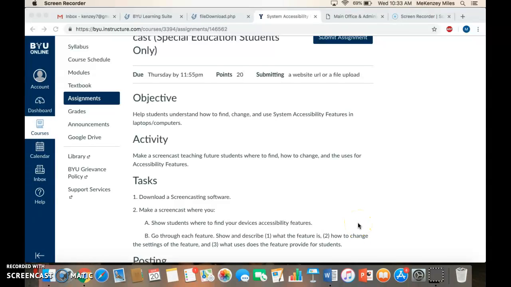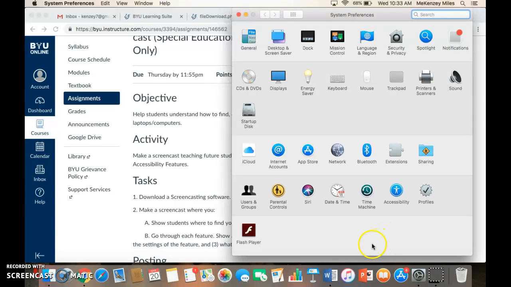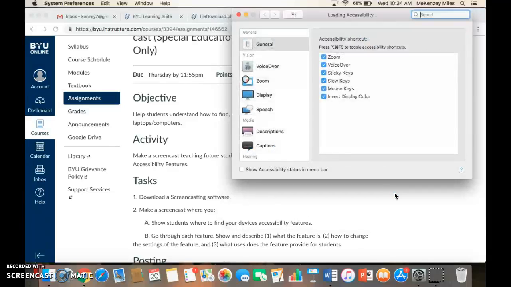In order to find my accessibility features, I'm going to come down to this little bar and go to System Preferences and then click on that. Maybe it will load. Oh, there we go. Okay, and then I'm going to come to accessibility. So accessibility is this little guy right here. So I'm going to click that, double click it. Okay, so here we have a bunch of different things that we can change in our accessibility